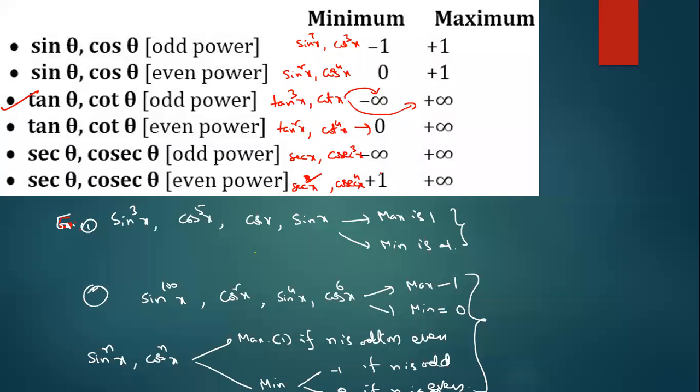So try to give your own examples every time. So dear students, what is the minimum value of secant square x? 1. Why? What is the range? Every time 1 to infinity, no? Secant square x and cosecant square x. Yes. Only by practicing will it be easy. After completing, tell me. I will give one question.